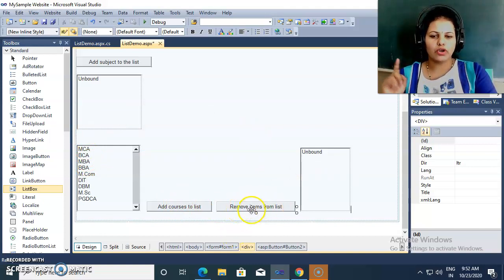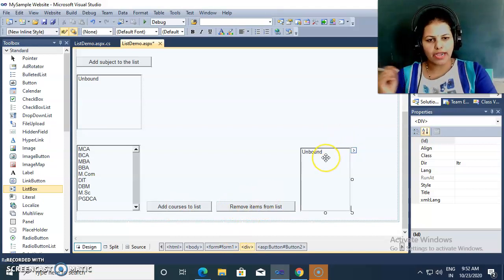And what is the logic behind this remove items button? The items will already be added into this list box, and then the user selects multiple items from this list box, and those items we need to remove from this same list box. So what is the logic behind this?